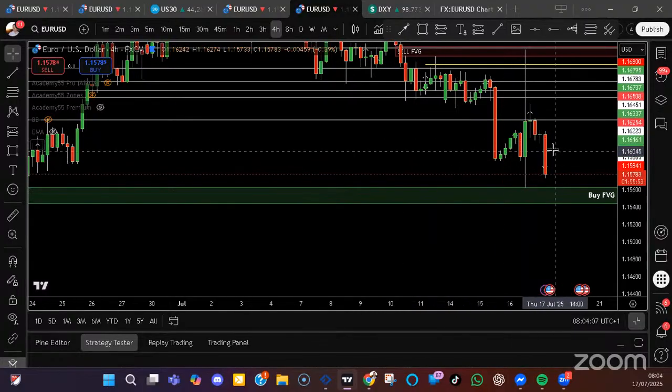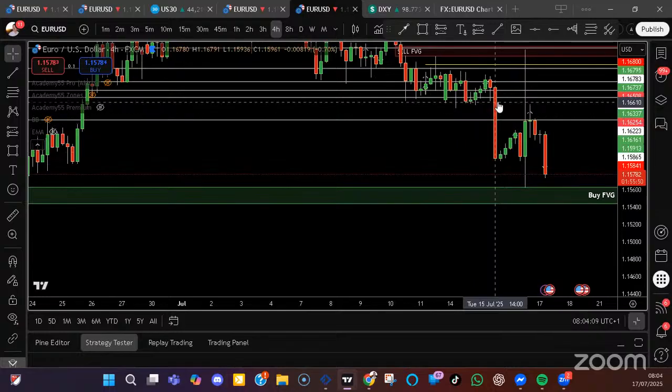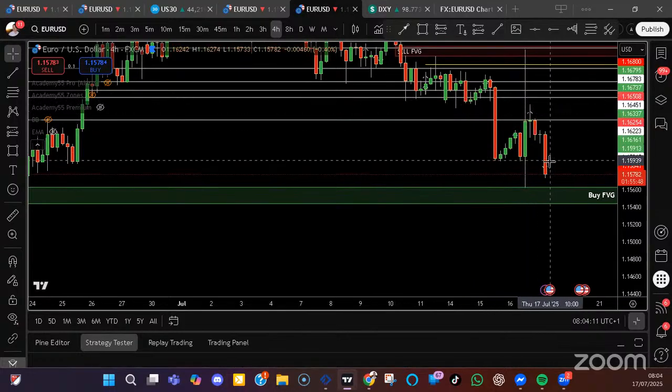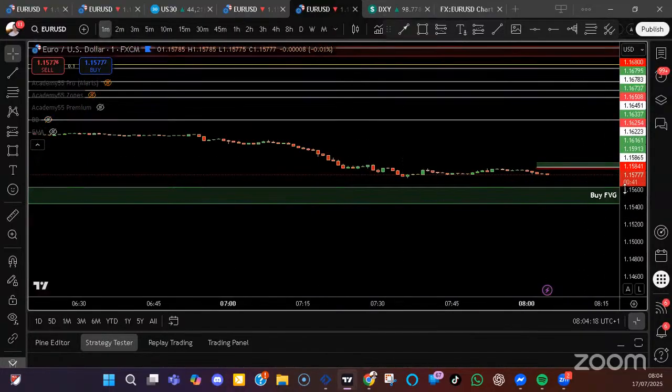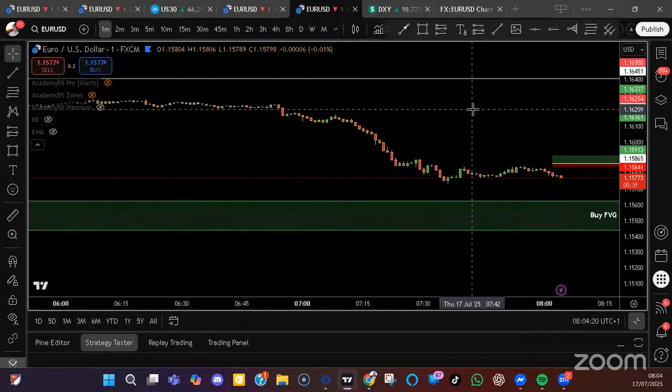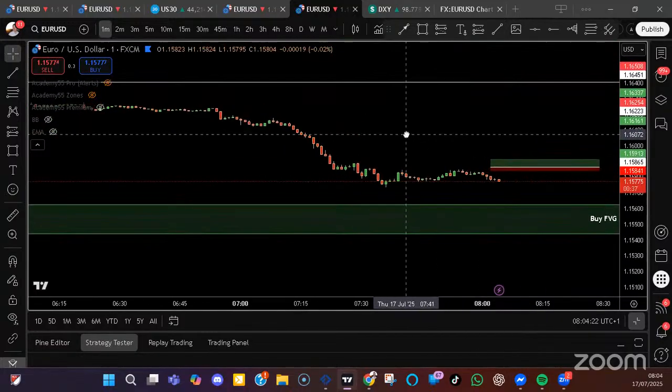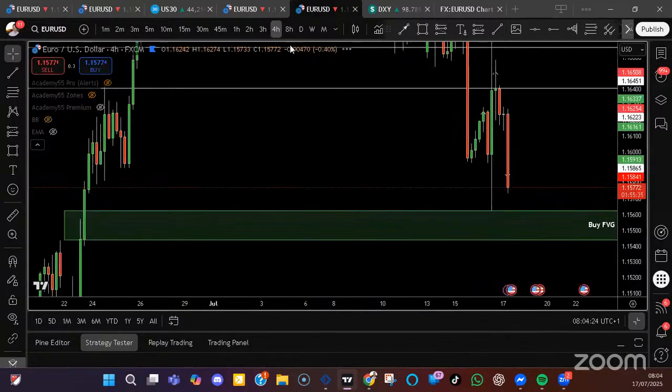But then again, we've got imbalance up here now, and we've got, no, we haven't because of that wick, but we got a little bit of imbalance on this candle, obviously. So we have to be careful. Just quickly going back on the minute, making sure we're okay. Yeah, we are okay. On the 4-hourly again,